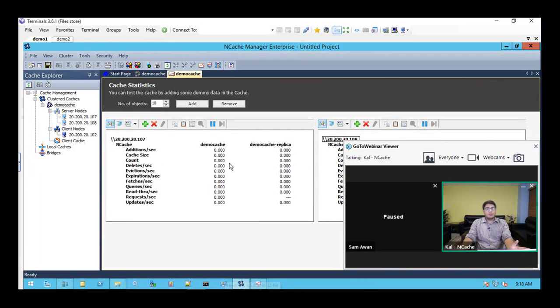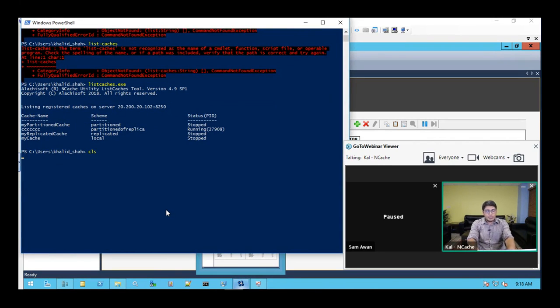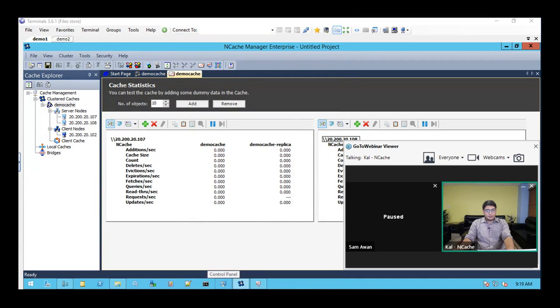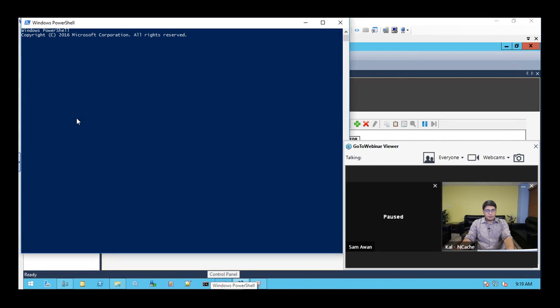Let's come back to the Encache manager. Everything is showing up as 0 because we do not have any applications running against this cache. So let's quickly test it out by running an application. I have the PowerShell opened up here. Let's clear it up. Let's open up a new one. Okay, so I've got a PowerShell opening up. What I'm going to do is run a stresses tool application to add some dummy load onto my clustered cache to simulate some activity. Using that activity, we're also going to monitor it through the Encache manager as well as through the Encache monitor, and see how that works for us.